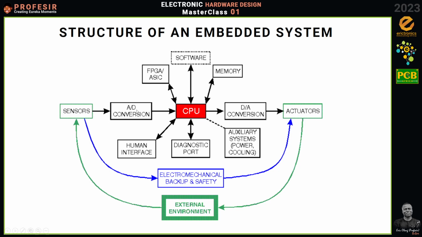Right, as soon as the ADC is done, it sends the information to the central processing unit, okay? Now, the central processing unit will perform a decision or an action based on the software or the firmware that we've put onto it, okay? So you realize that here it is serving as the brain, okay? So when we detect that, okay, the weather is cold, based on a past experience, what we learned to do when the weather is cold, we do that thing, okay?